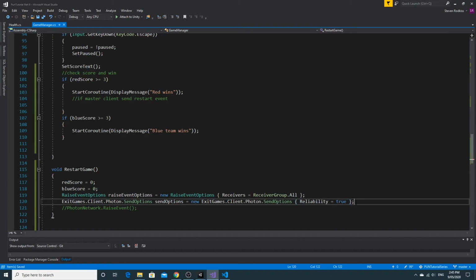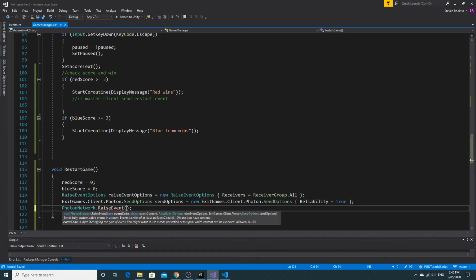And it won't be out of order or anything. So we've created those two items that we need for this Photon Network raise event, and if I just get rid of that first one we can look at it again. So we need first of all the event code, so we created that, and then we could send it further content as well. If you needed to pass information, you can create an object that is an array of information,